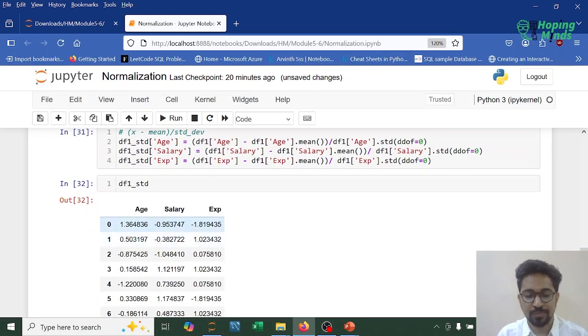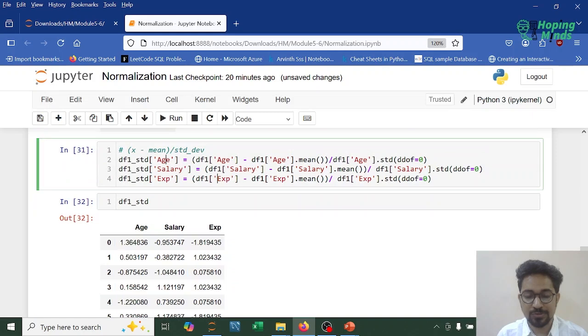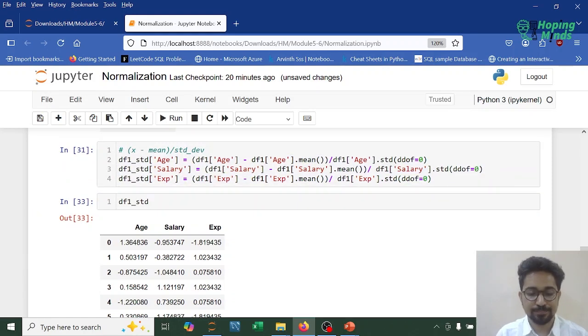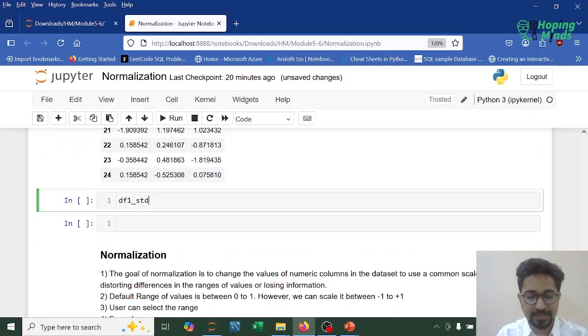So observe this. Now clearly we can see the data has changed, right? The data has changed because we have applied this concept. We have applied the standardization. So what kind of transformation, let's say, have we carried out? Let's see this. Now df1 standardized dot describe. If I describe this,